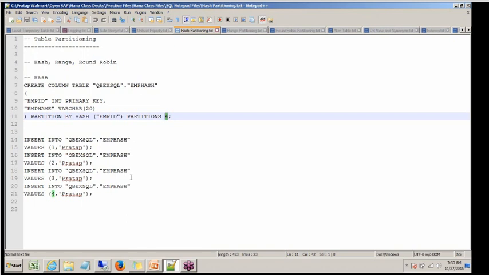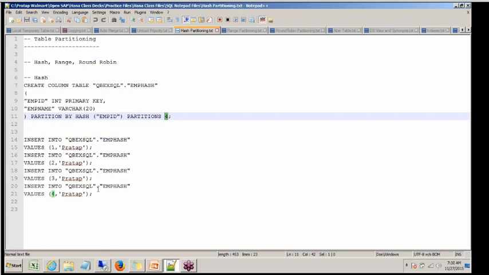Let's say I have a table. Instead of holding this table in a single server, I would like to partition the table across multiple servers so that there is massive parallel reading, which improves my query performance. So if I have 5 index servers, I would like to partition this table into 5 parts and then store each part in one index server. That is hash partition.